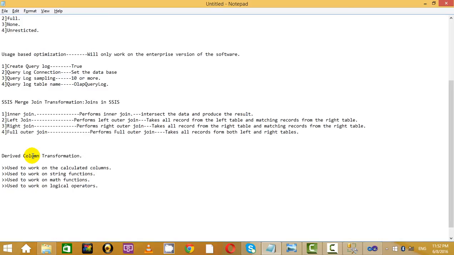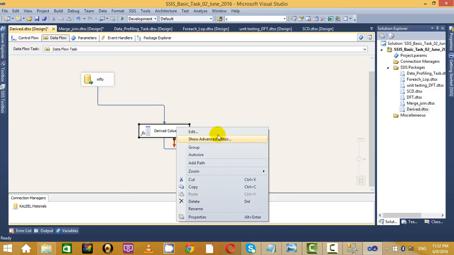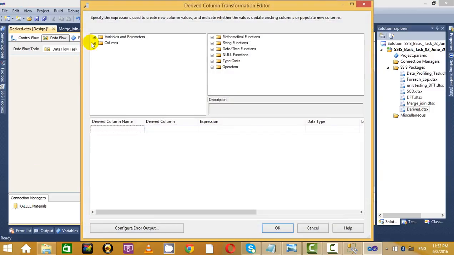Table column definition. Used to work on calculated columns. Used to work on string functions. Used to work on math functions. Used to work on logical operations. That's it. So now I'm going for